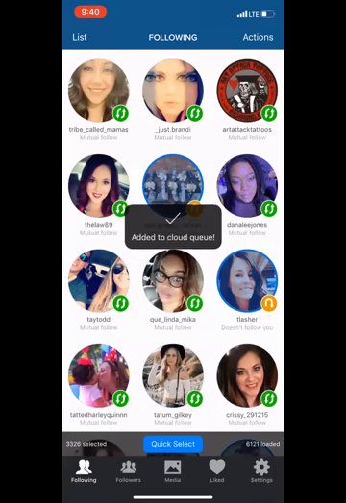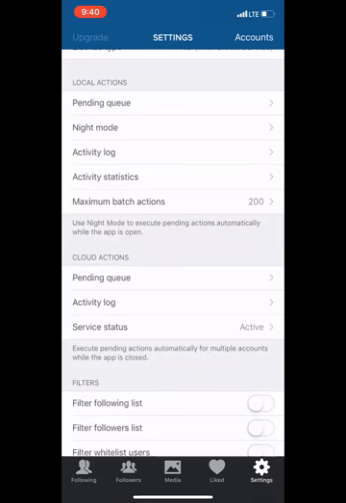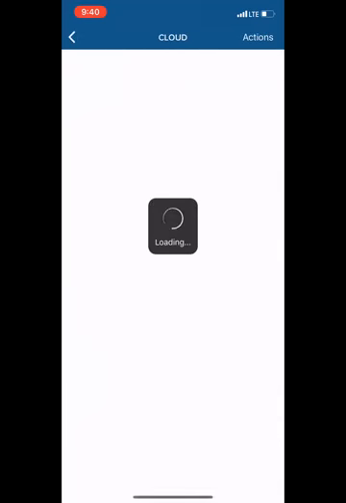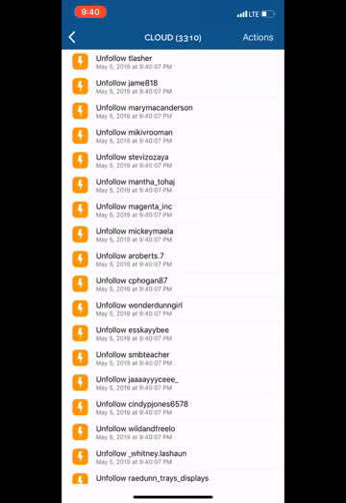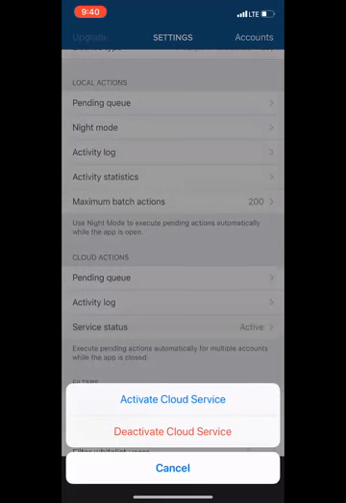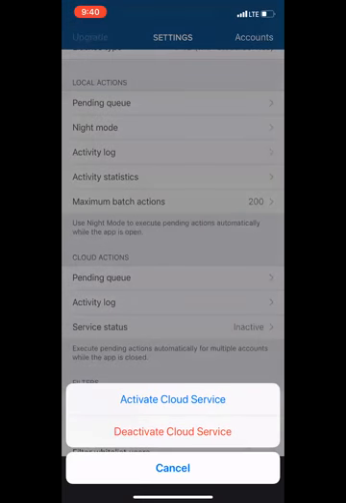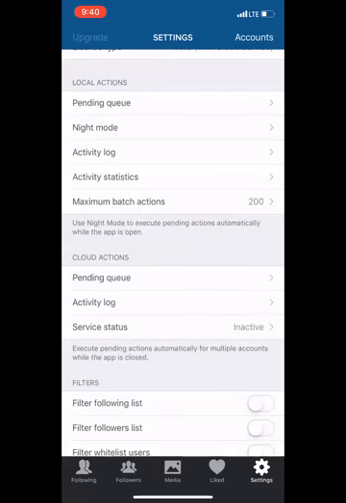Okay, so it says it was added to my cloud. Now to go check it, go to your settings down in the bottom, and then under cloud, I'm going to click on pending. There they are. So now they're in my cloud. So if I want to start cloud and it's active, I'm going to unactivate it. I will click on service status and click activate, and it's going to run and automatically unfollow people all day